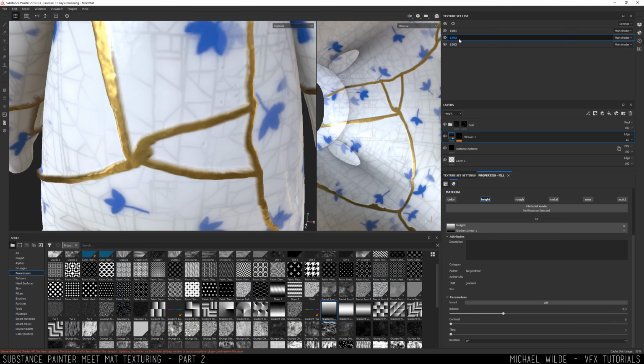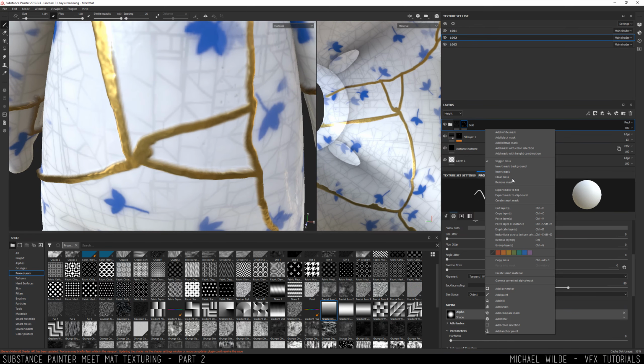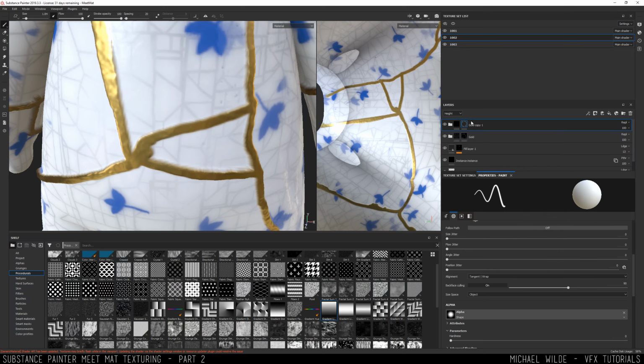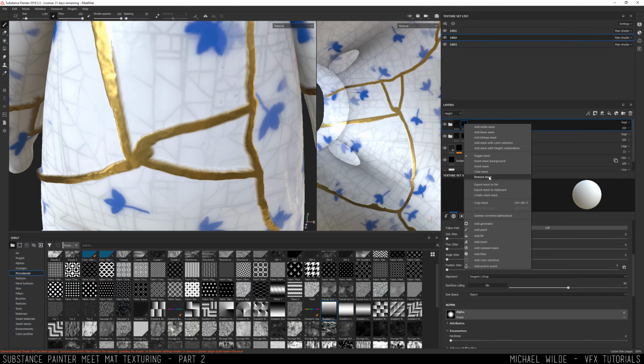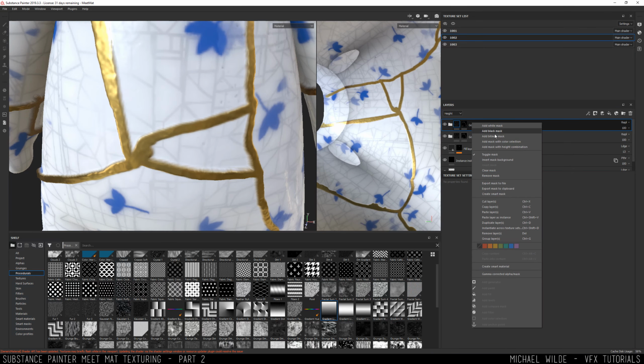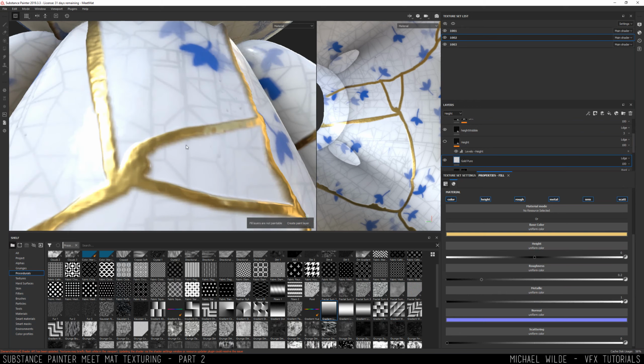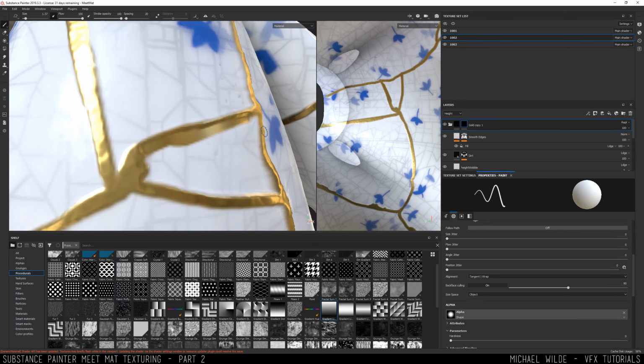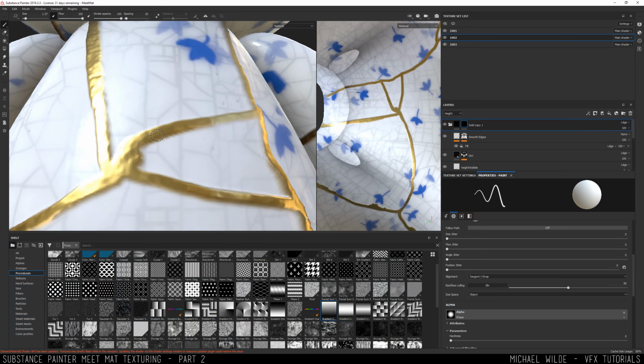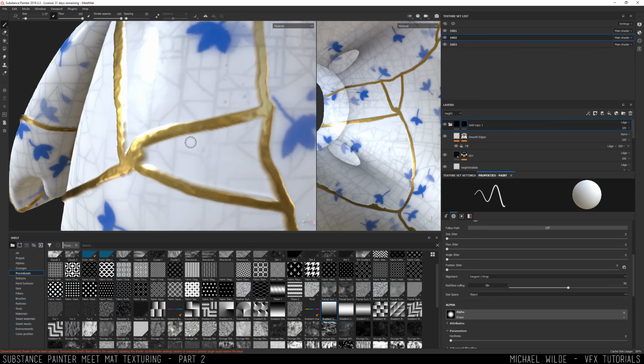So what I'm going to do is copy this, duplicate layer. I'm going to add a black mask. Then I'm going to go in and remove all the height data again. Remove the height data for this. Now in theory, it's because it's set to replace again, so I want this one to go back to add, and now great,